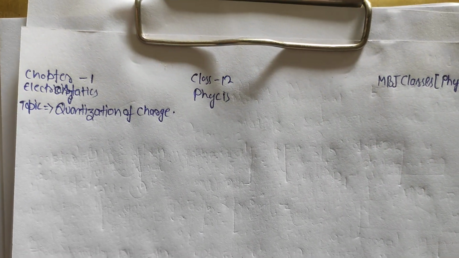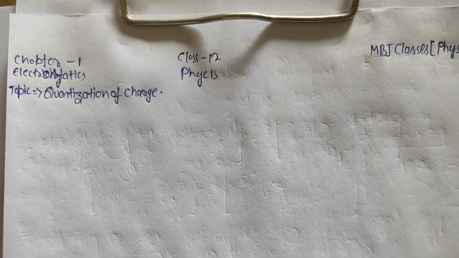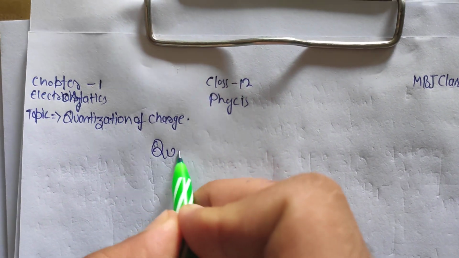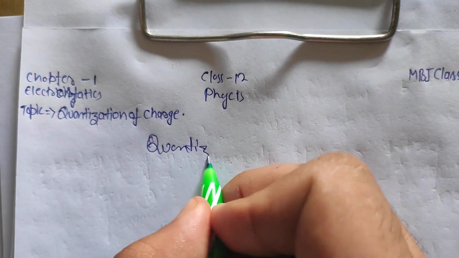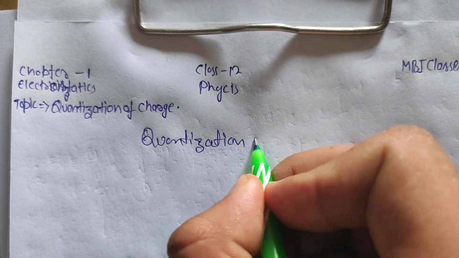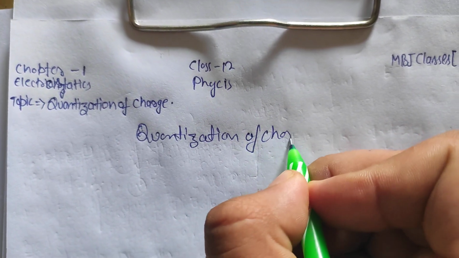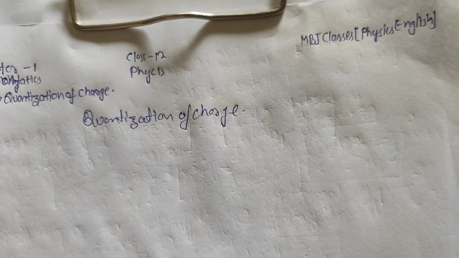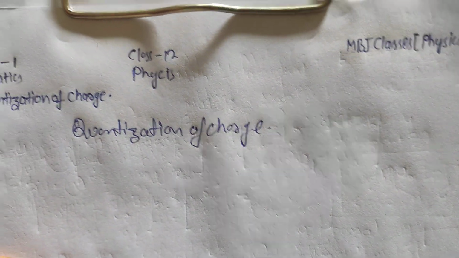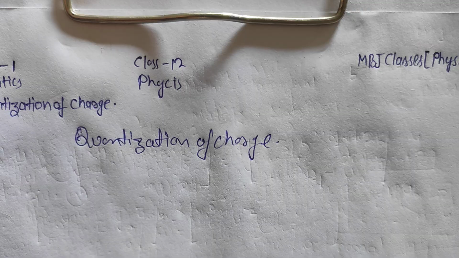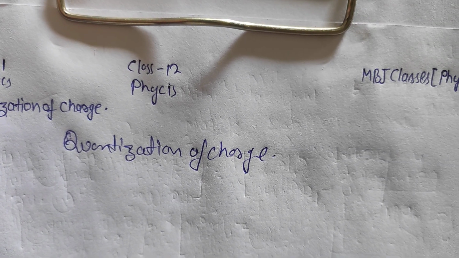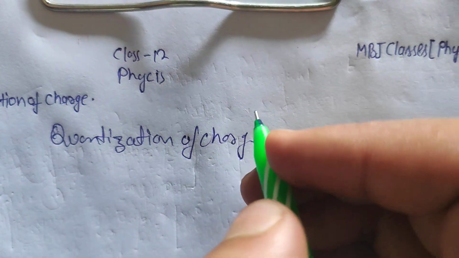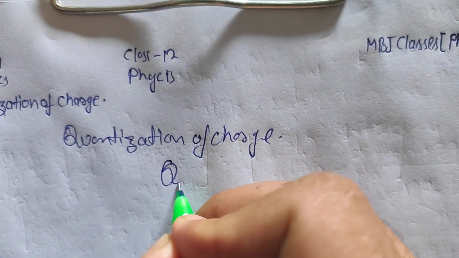Today's topic is electrostatics, quantization of charge, class 12 physics. The quantization of charge. In today's class, if possible, we will solve some questions, but first understand the concept of quantization of charge. The quantization of charge says that experimentally it is established that all free charges are integral multiples of the basic unit. That is, the quantization of charge is said as